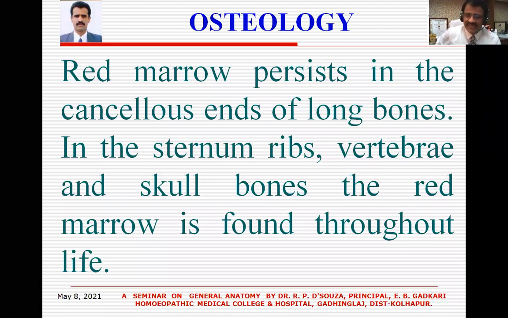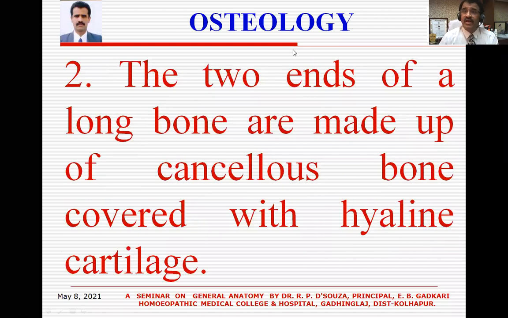Okay, the ends of the long bones, I told you, the epiphysis part. These are the ends of the long bones, and here the red bone marrow still persists. It persists in the sternum also, in the ribs also, in the vertebrae, and in the bones of the skull base. The bone marrow remains present continuously, it's found throughout life, and it keeps on doing hemopoiesis work. Okay, now we'll go after the shaft.